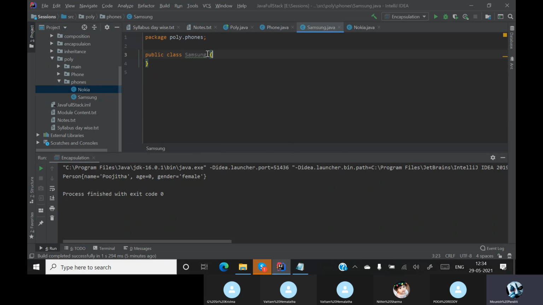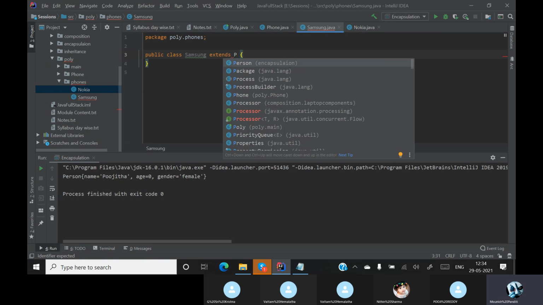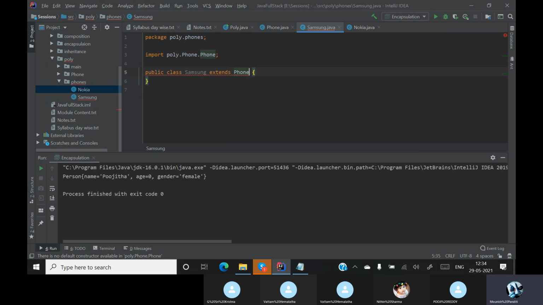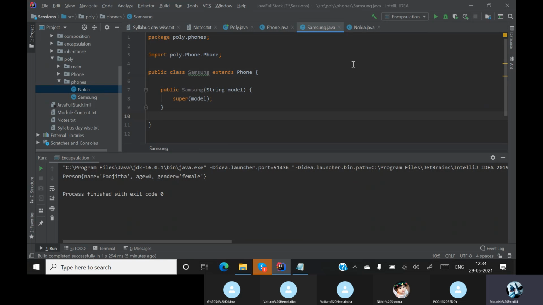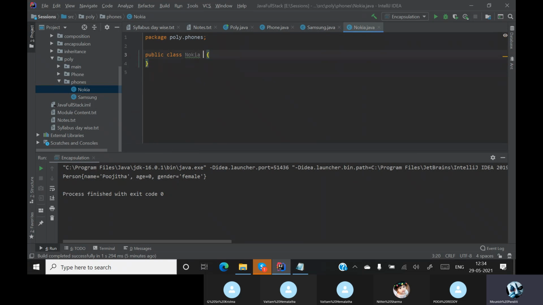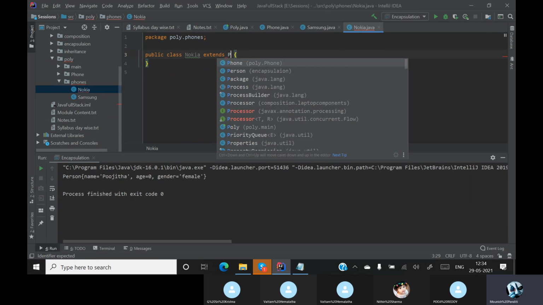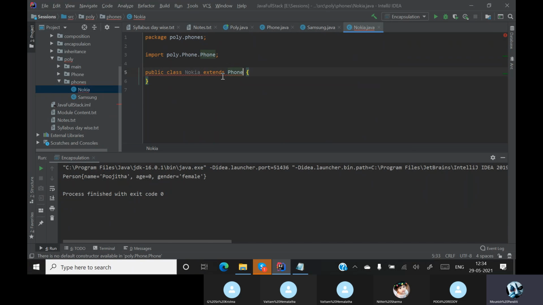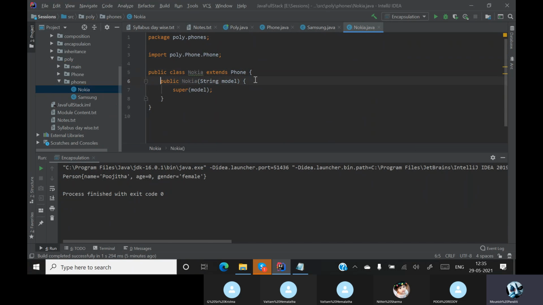So Samsung is also a phone, right? So I will extend my phone. See, as soon as you extend a phone, it is complaining that it needs to have a constructor matching our superclass. And here Nokia is also a phone, so it will extend a phone and it is complaining.